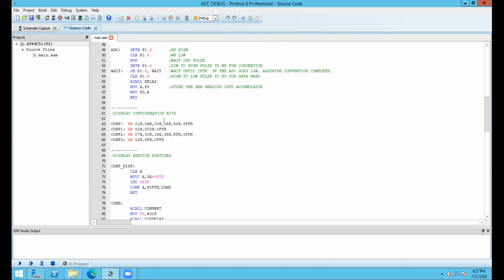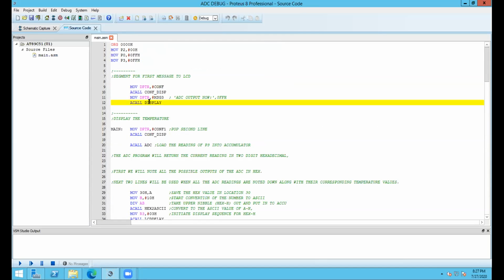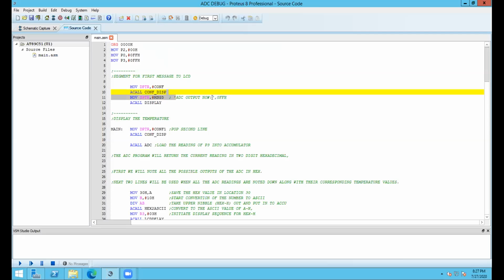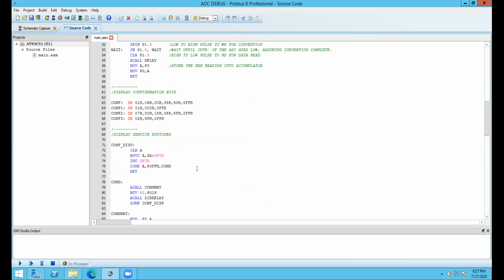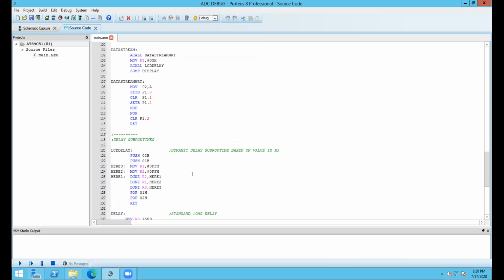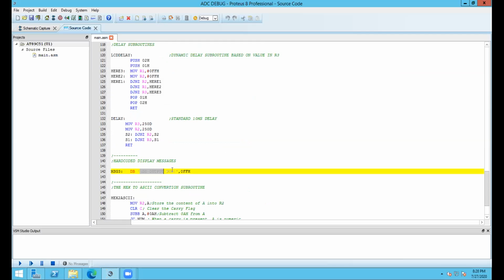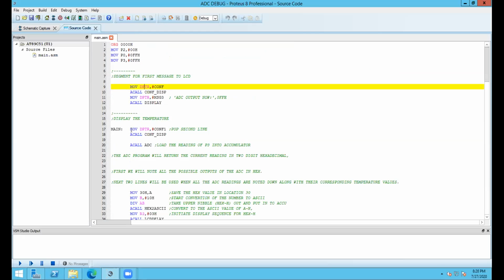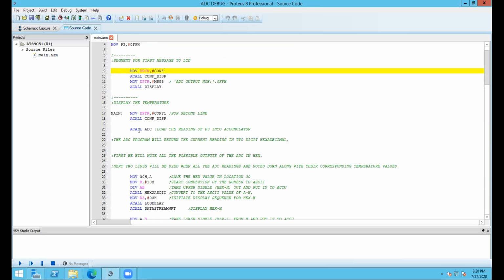I mean, where the display function was called. Here the display function was called from. Now this will display the specific output, the ADC output that we have fed through here, the message 3. Once this part is done, we will go to the second line configuration. This configuration will also display another message, and then this message will be actually for the data to be displayed.